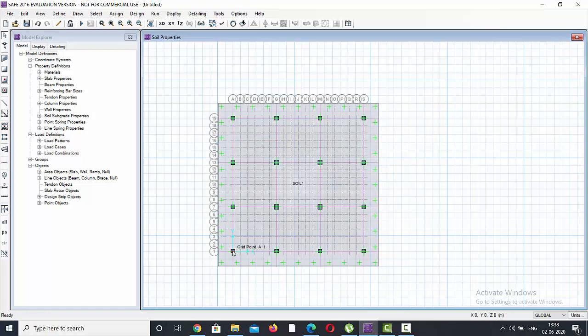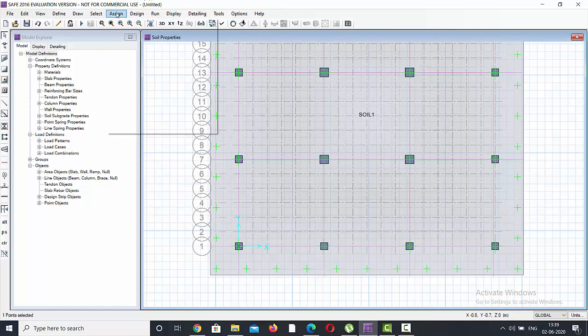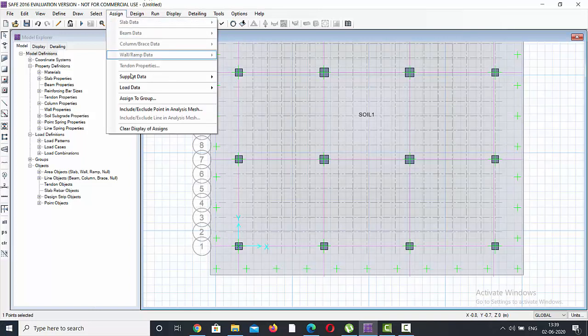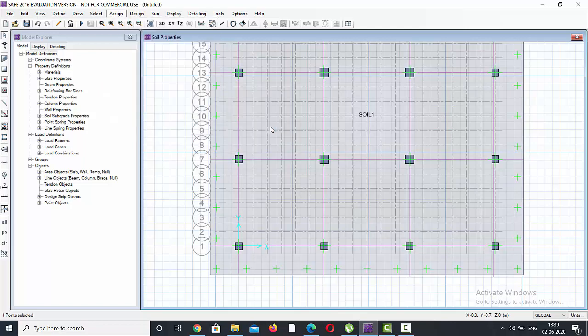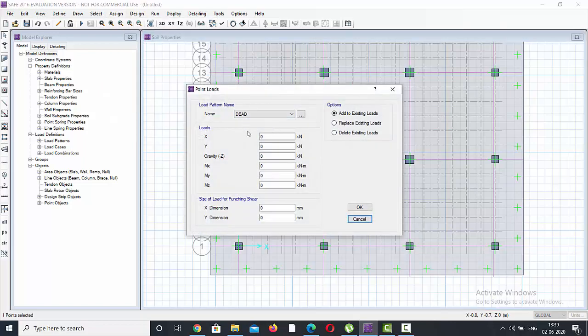Now select this column 1, and then you see the 1 point has been selected. This is C1, and then go to assign, and then we'll be assigning the loads in those columns. So go to load data, and go to point loads. Here first we will assign the dead load and then live load. So we need to see the previous data of live load and dead loads, and we can fill in these data. So first in C1 we have dead load as in gravity minus Z, we have dead load as 1850 kilonewton,